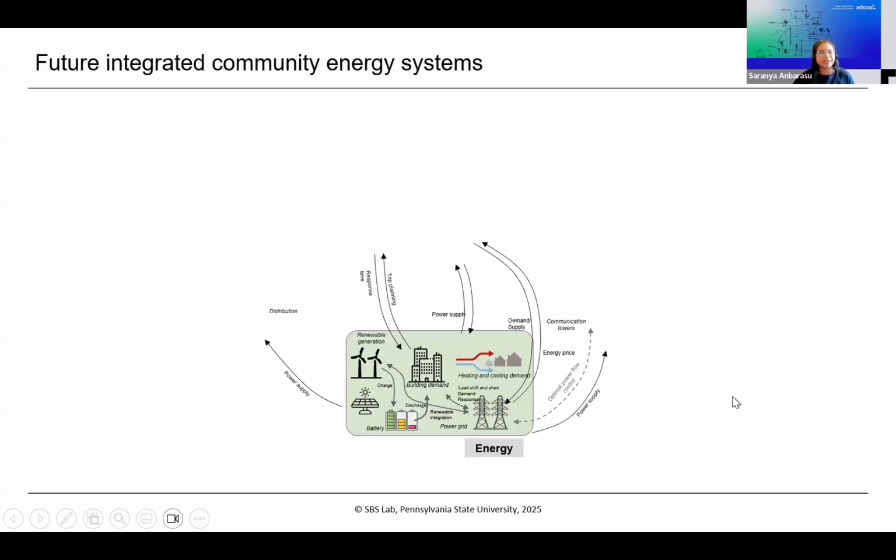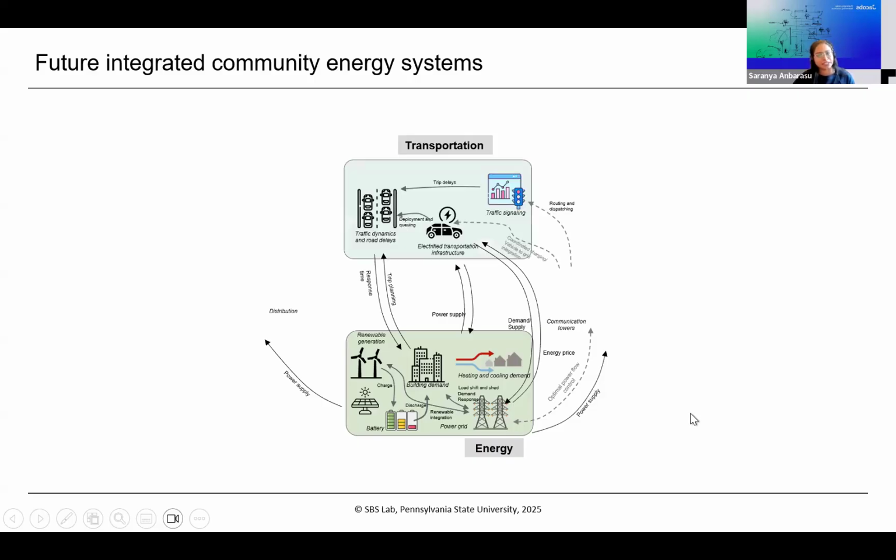So just to give a quick example of what all systems we are considering in this study. We have the energy system, and it includes all the energy infrastructure: the power grids, power plants, distributed generation like PV, wind turbines, and there's also building demand, district heating, and a lot more. And then there's transportation infrastructure, which has roads, EVs, signaling infrastructure, wherein the EVs are supplied by